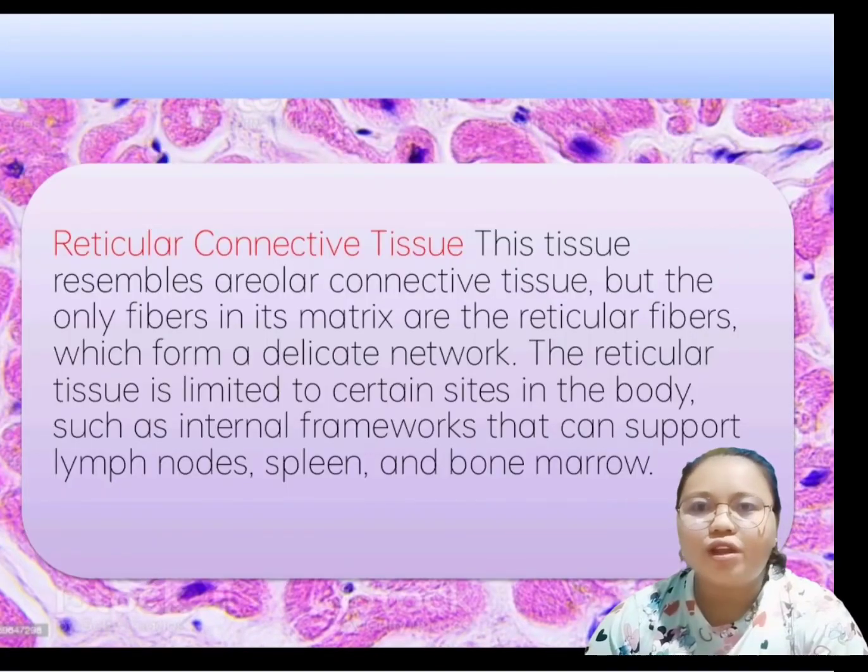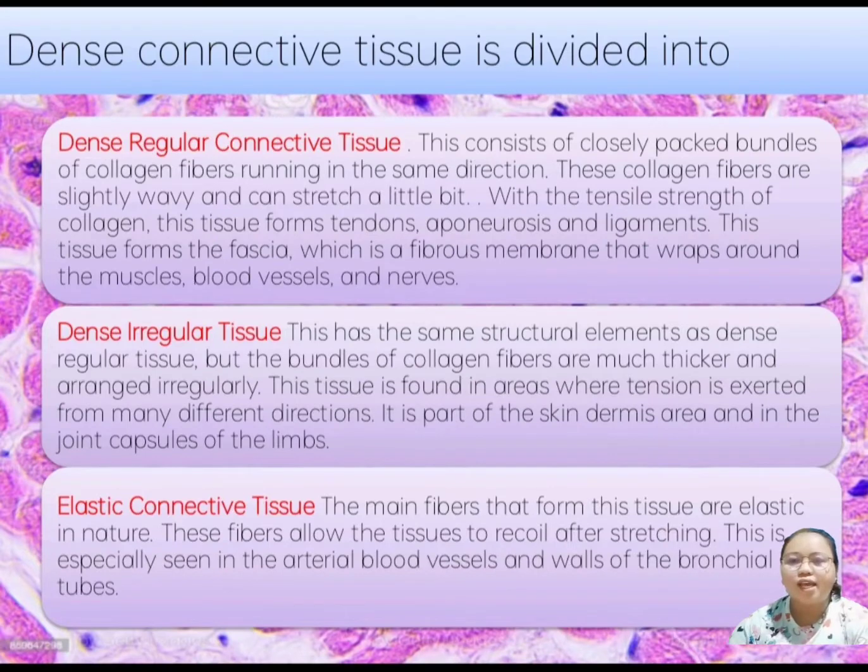For the reticular connective tissue, this tissue resembles areolar connective tissue, but the only fibers in the matrix are reticular fibers, which form a delicate network. The reticular tissue is limited to certain sites in the body, such as internal frameworks that support lymph nodes, spleen, and bone marrow. So the second one,